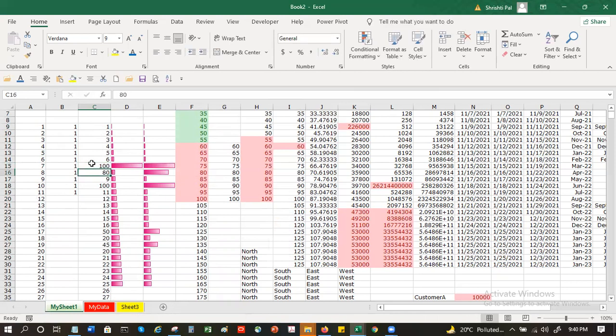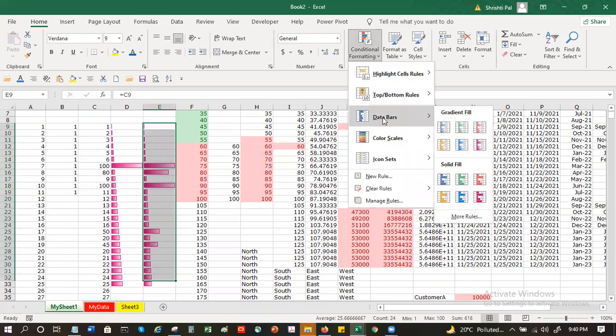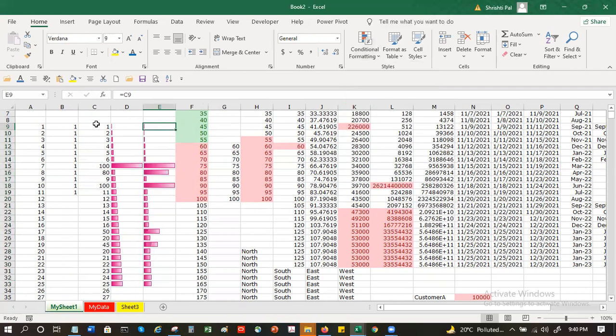I will. So what did I do? I am using the values in this cell and populating them in this one. And on this cell, I'm doing the conditional formatting with data bar. How did I populate this cell with this value? I'll show you one more time.